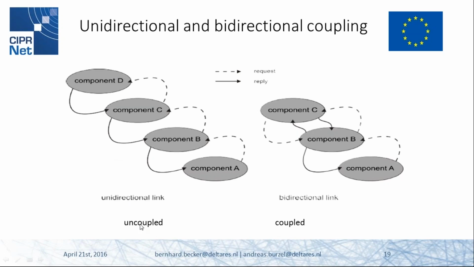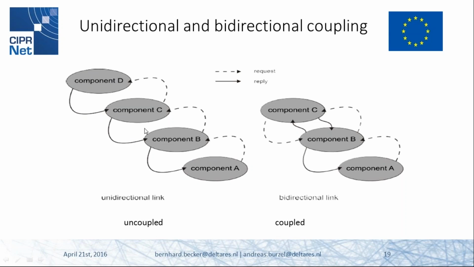So this is the uncoupled model approach. We have 4 models, and here the solid arrow means data exchange or data transfer from model C to model B, for example, and this is the corresponding data need or data request. So you could first run this model for the whole simulation period and then transfer the data to the component